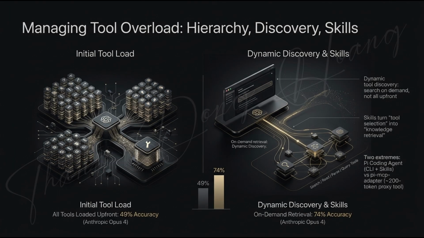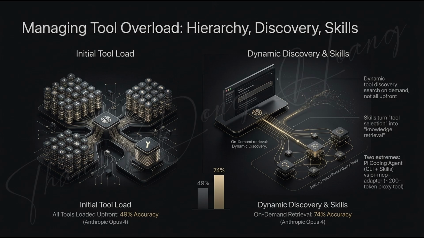Managing tool overload. 3 tactics fix tool overload. Categorize tools by type. Search, read, parse, query, so the model can navigate a hierarchy instead of a flat list. Load tool definitions on demand instead of all at once. In one measured case, this single change moved a model's tool use accuracy from 49% to 74%, and replaced large